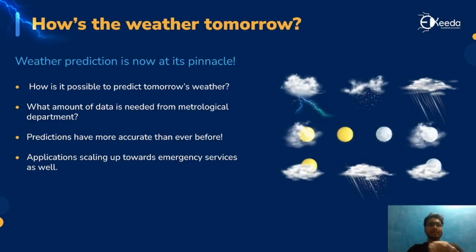This is an example of a particular use case of data science. Let's see an example: if you want to predict what the weather will be tomorrow, it's not a very new thing in the market. You might have been seeing for the past couple of years that news channels predict the weather for tomorrow or the day after tomorrow. But what exactly has changed in recent times?